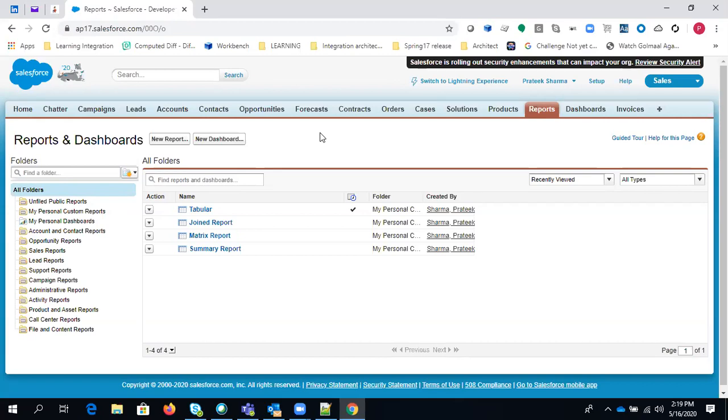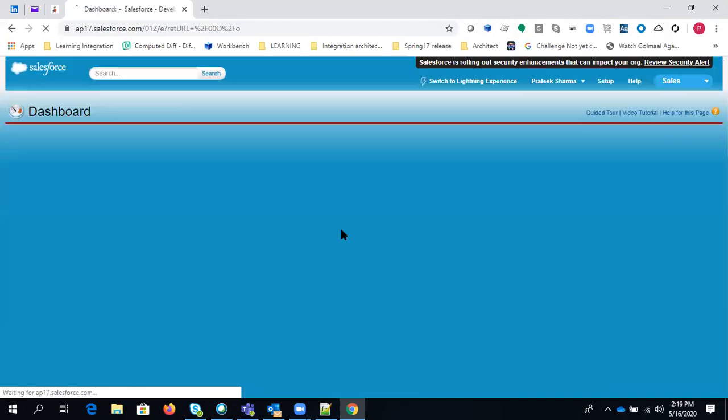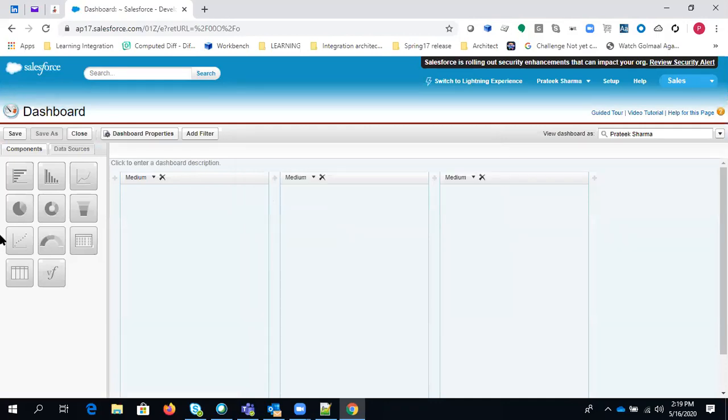So now I'm moving to the new dashboard section. What is a dashboard? A dashboard is a pictorial representation of the data. After clicking on the new dashboard button, you will be redirected to this particular page, and here you have different types of graphical representation.